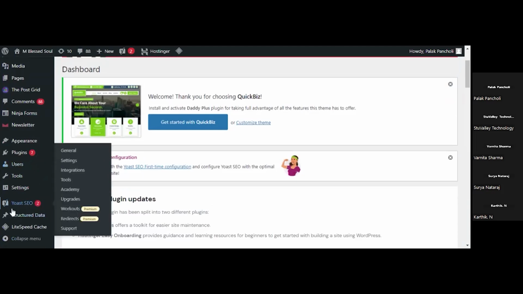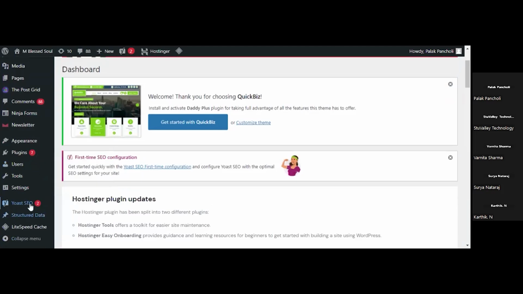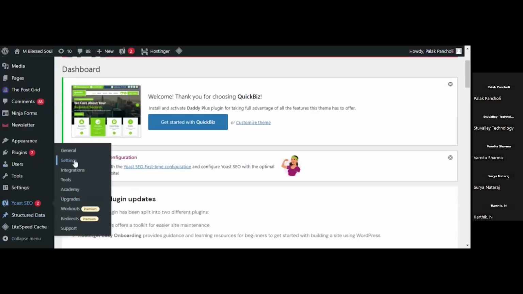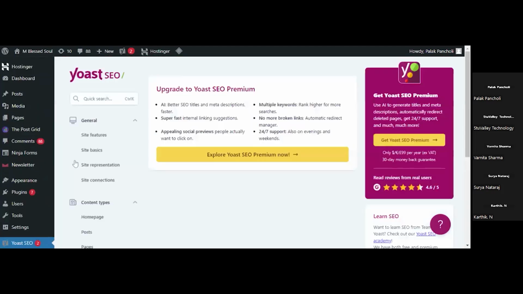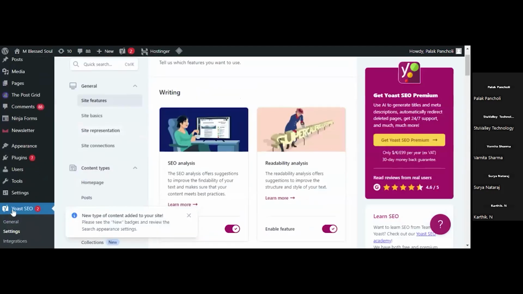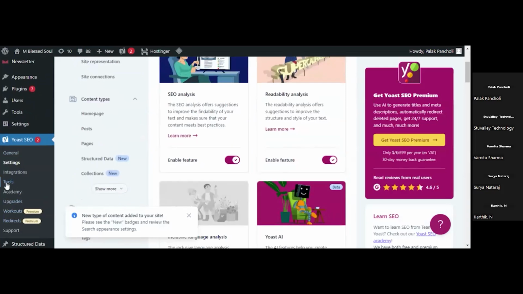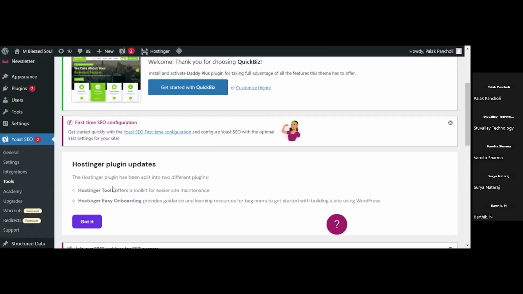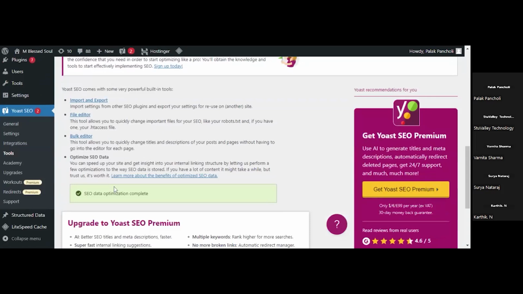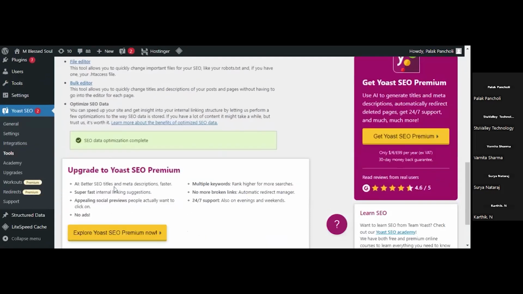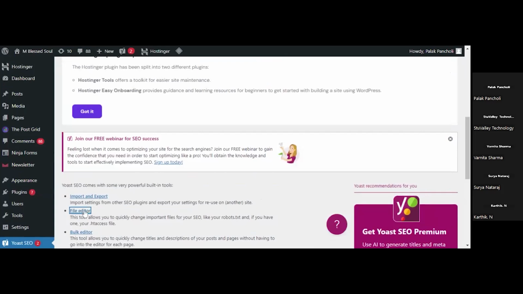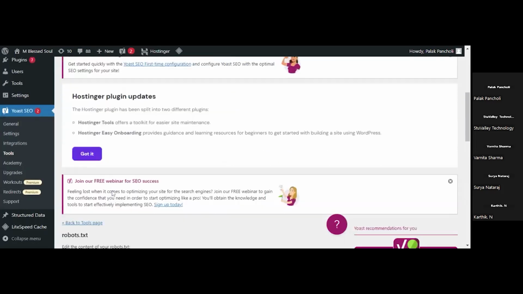Here I have already added the Yoast SEO plugin on my website. So what you have to do is go to the tools section, and in the tools section you will find the file editor.